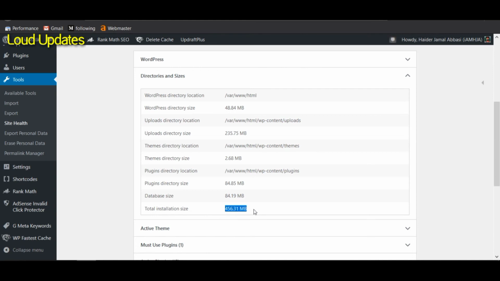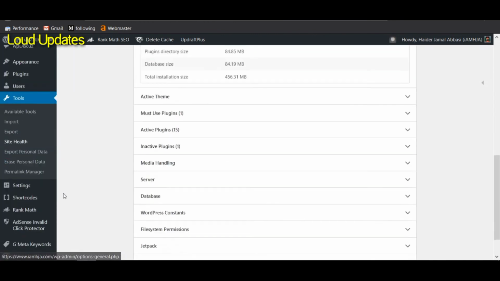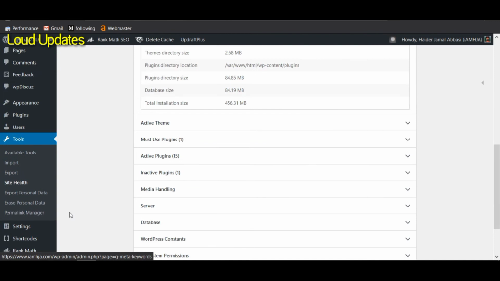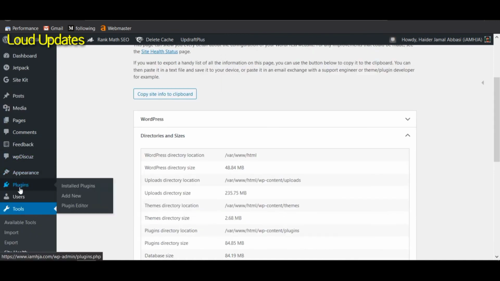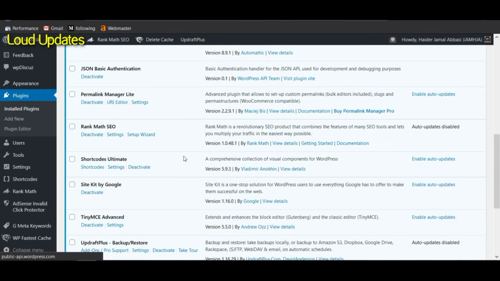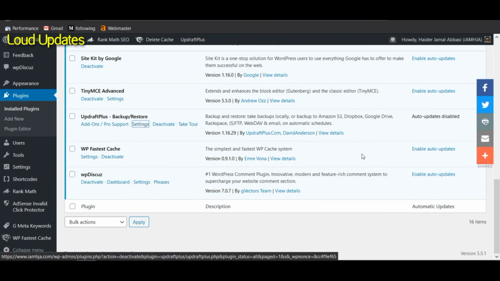So it takes a time of 3 or 4 minutes, maybe 10 or 15 minutes. It depends on your WordPress website size, how big your website is. Now we have successfully taken a backup of our website in Google Drive. If we lose our hosting and our website crashes, we have our backup. We don't need to worry. So we have a backup.